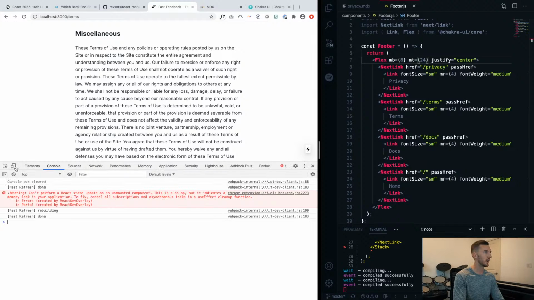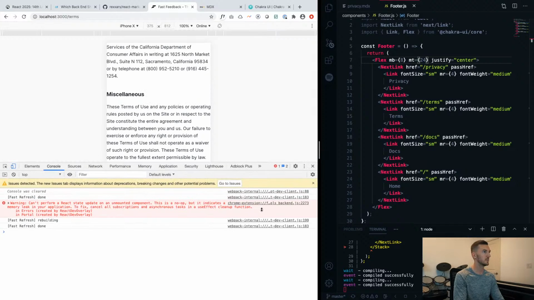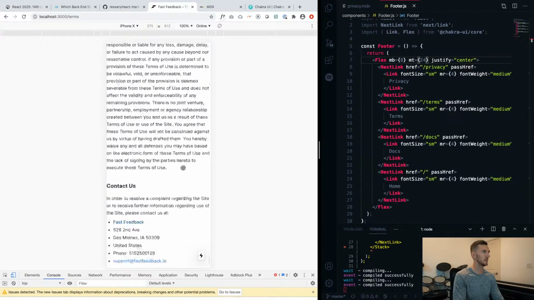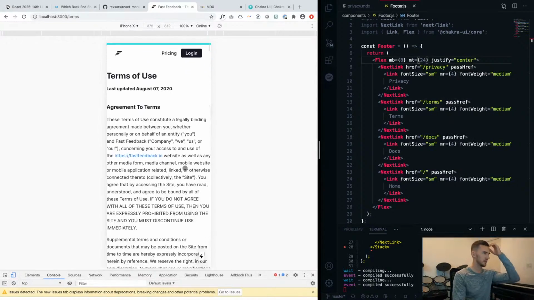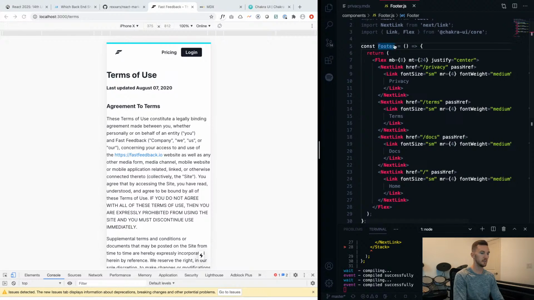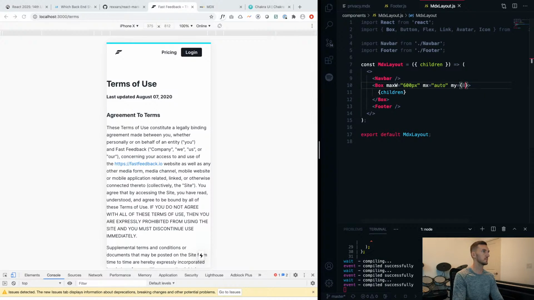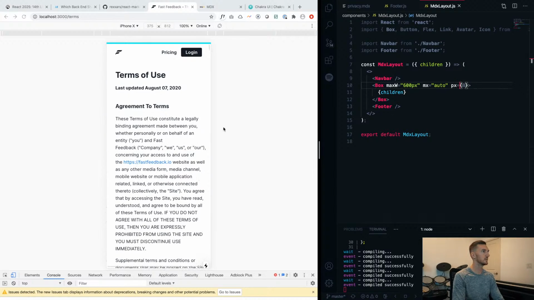I wanted to check how this looked on mobile. So the content, the docs content inside of the MDX layout, this probably needs some margin. Probably want this to, well, let's see what this looks like. Wait. No, I don't want margin. I need padding on the X. Which that appears to be aligned